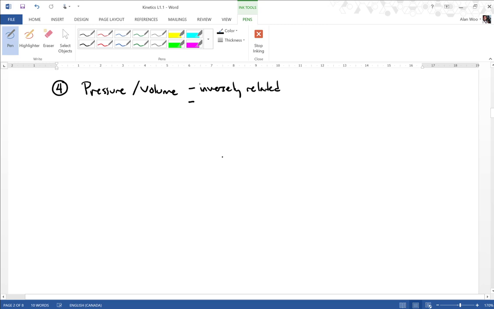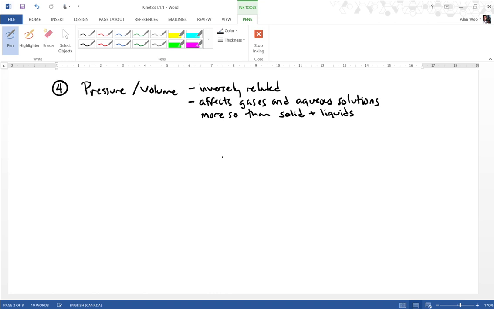This factor does have a condition. It works best for gases and aqueous solutions, more so than solids and liquids. And that's because gases and aqueous solutions, their molecules are already spread apart, so any tiny pressure change or volume change typically affects these chemicals much more so than the already compact